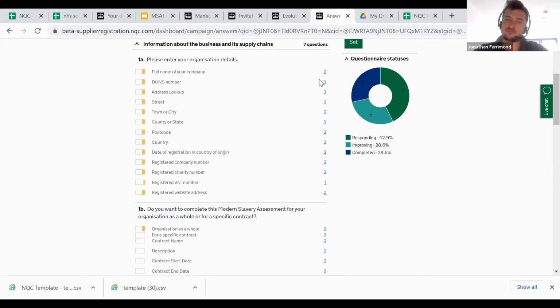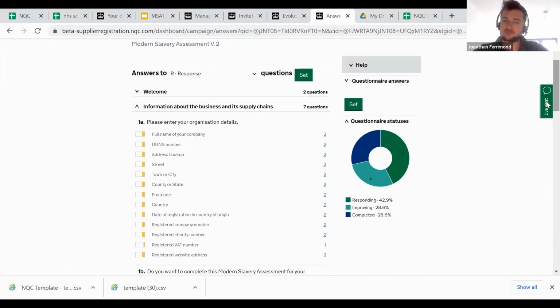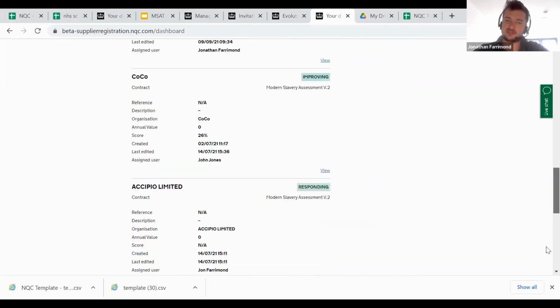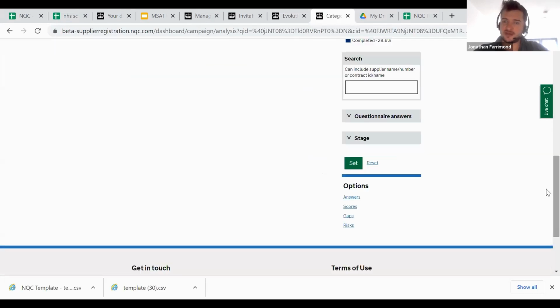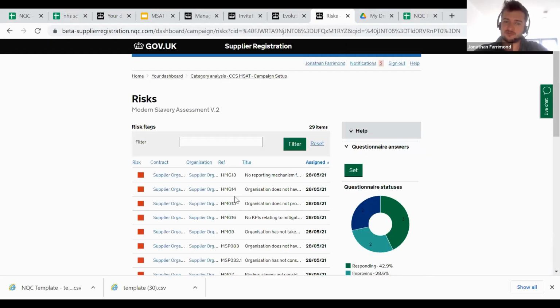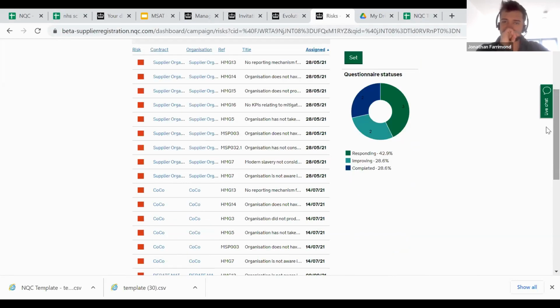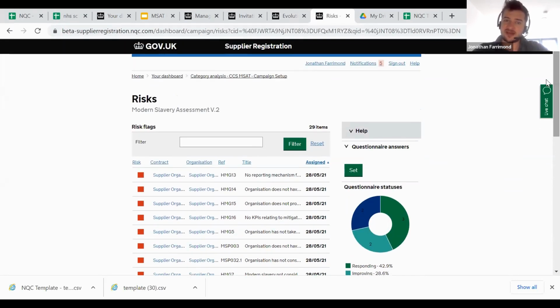This is if you want to do a deep dive on an analysis to have a look at supplier responses that match up, or the similarities between your suppliers and risks in your supply chain for this specific contract, for instance. You can have a look at all the suppliers' risks in one place. So all of those negative risks that they've answered will all be stored in one place as well. So hopefully that clarifies, at least at this stage, how the assessment works,